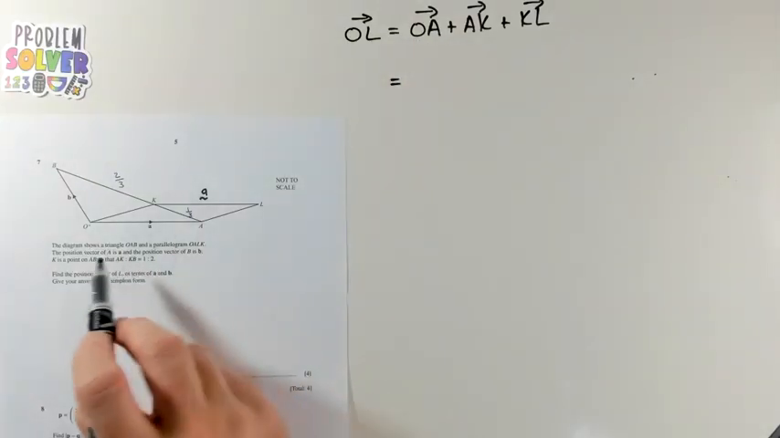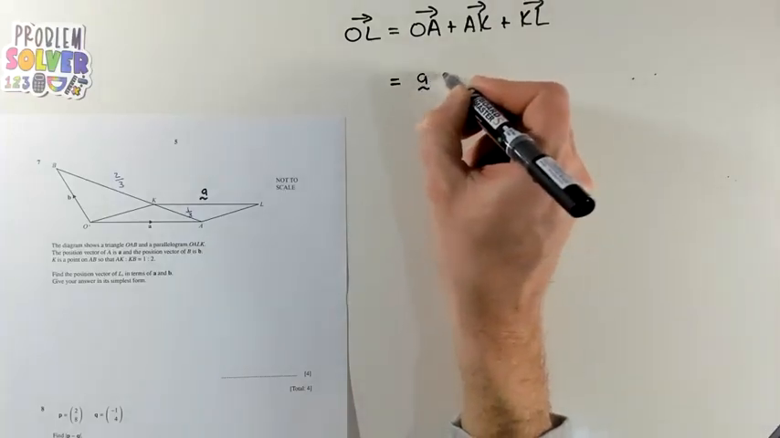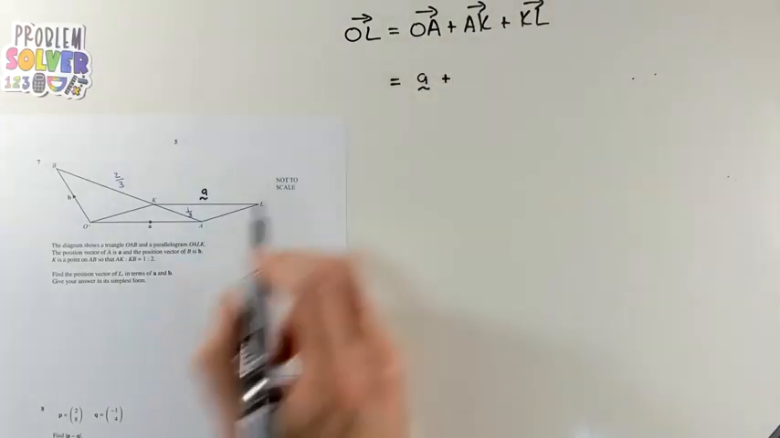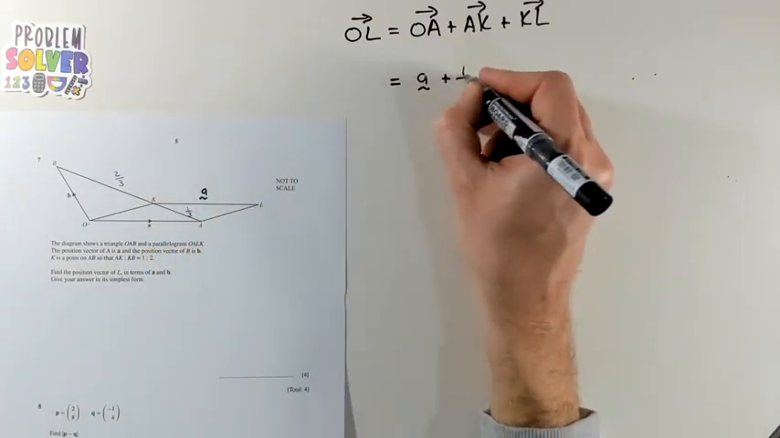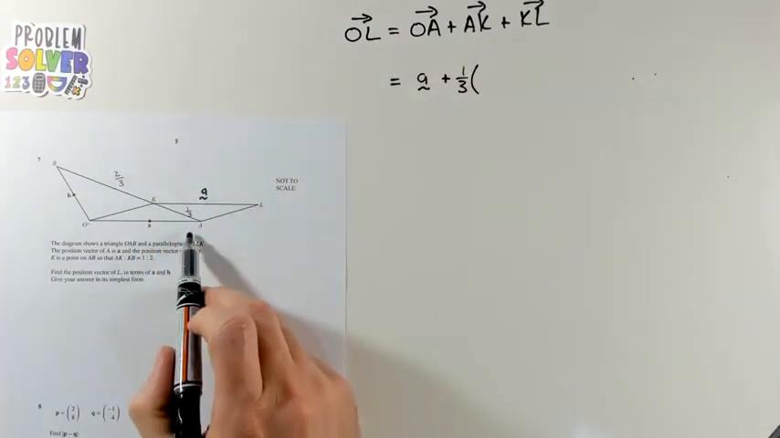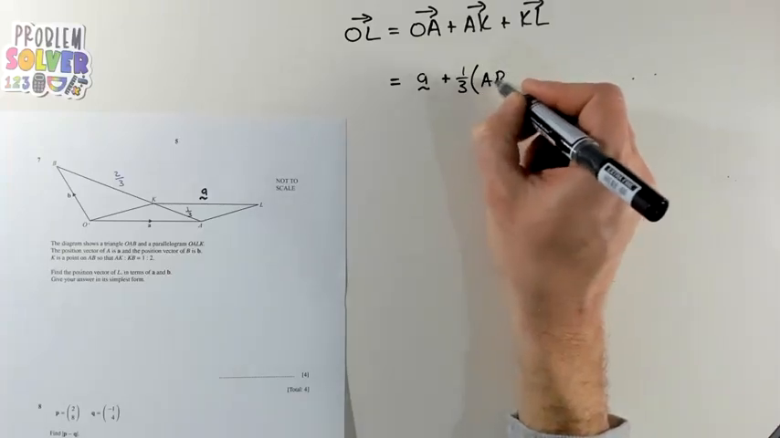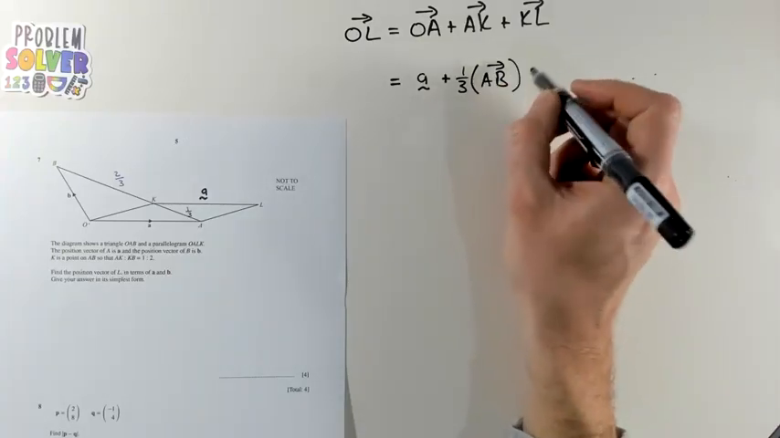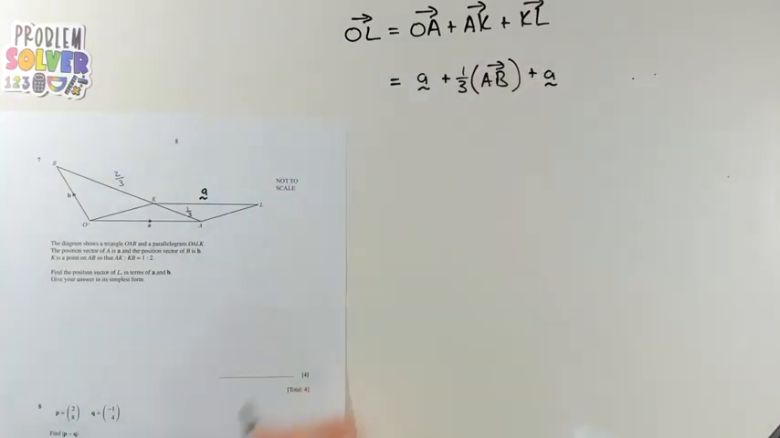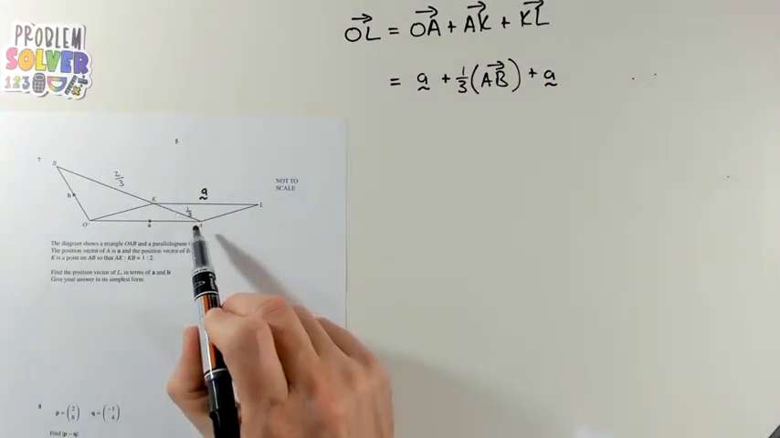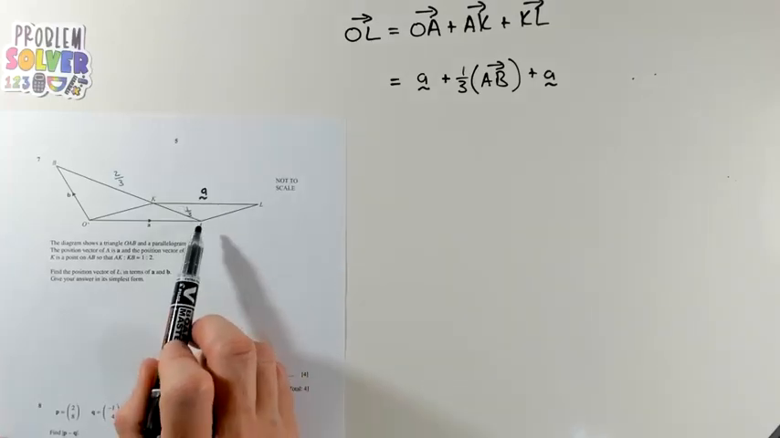The OA part, it's pretty simple. That's just this A. And then this AK is actually a third of AB. And the KL part is simple. That's just A again. Okay, so the third of this whole distance is kind of relevant because from A to